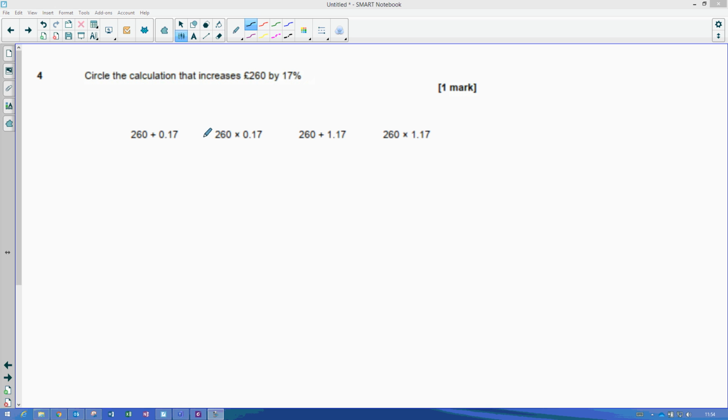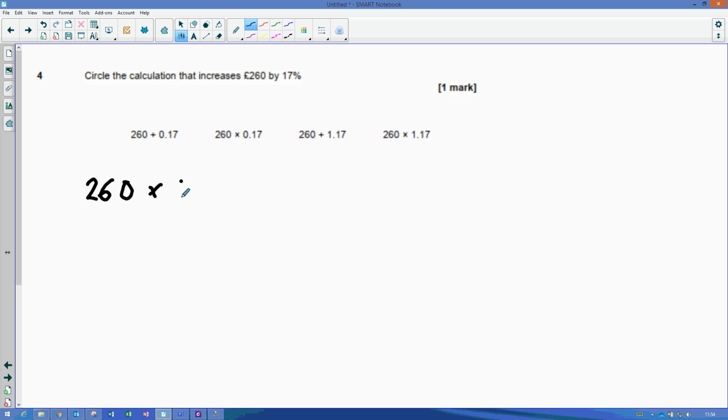This sort of question often causes problems for students because it assumes the method that the student would want to use to solve this problem matches the method that the exam paper gives us as one of its answers. And most students would not do this problem in any of these ways. Most people will do 260 times 17%,